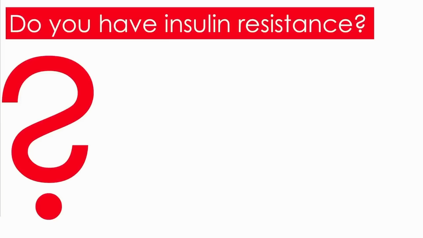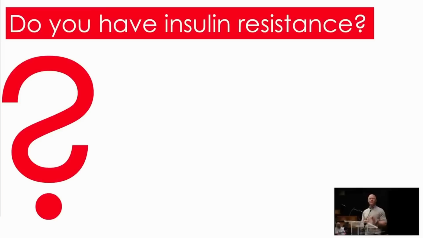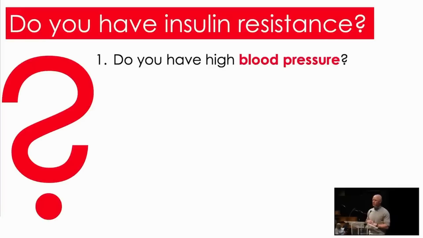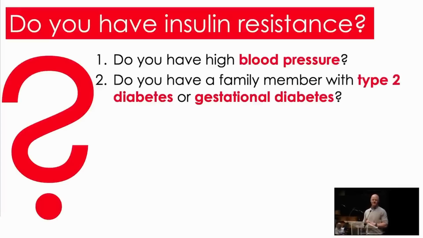Now, I've been talking about insulin resistance. And just to help you understand the scope of the problem, I've already shared with you some of the statistics, but I strongly suspect the problem is even worse than the data suggests they are. First one, do you have high blood pressure or someone you know, someone you might be thinking of? Do you have a family member with any evidence or history of metabolic problems like type 2 diabetes or the pregnancy version of type 2 diabetes, which is gestational diabetes?